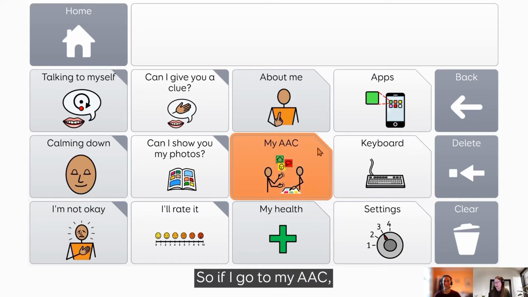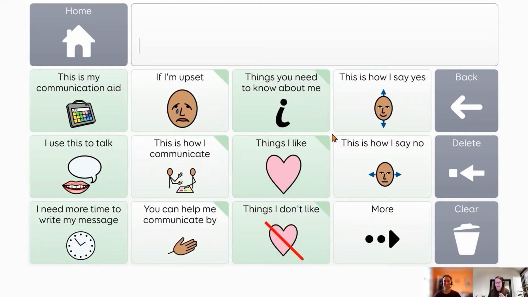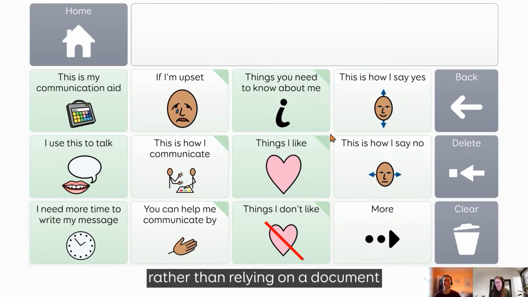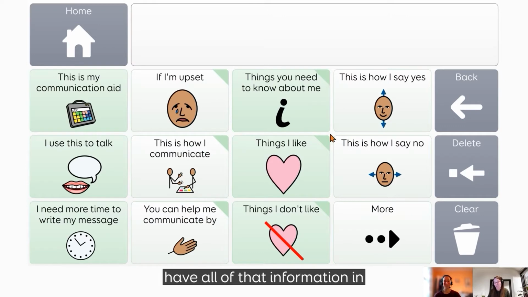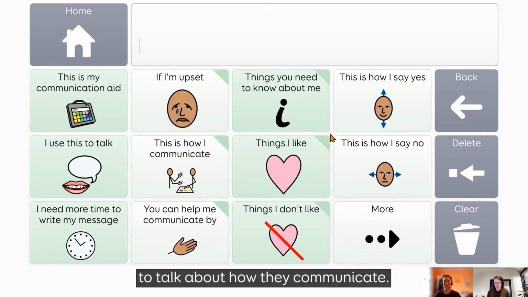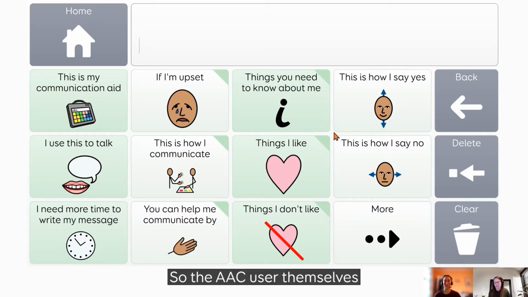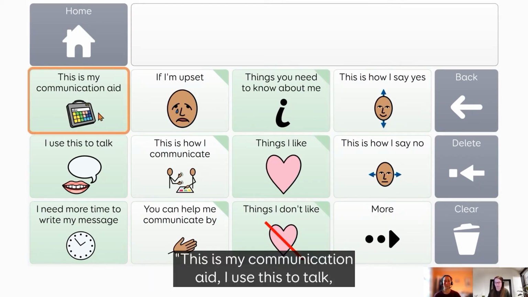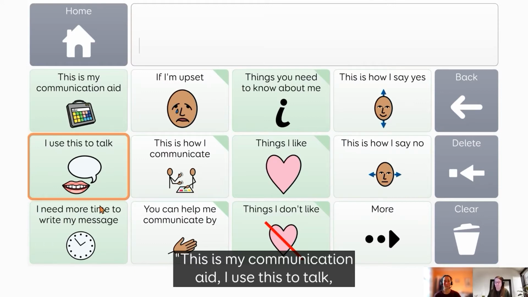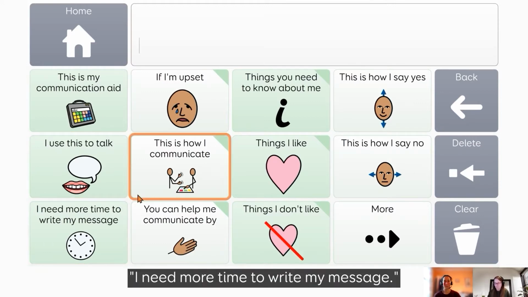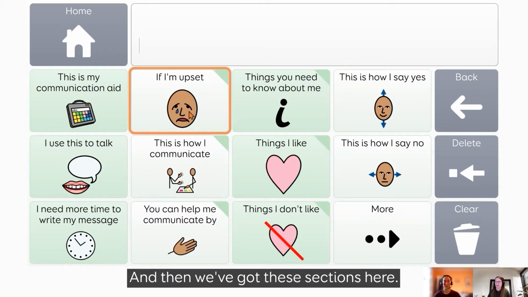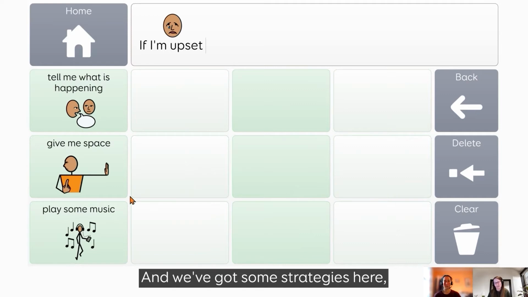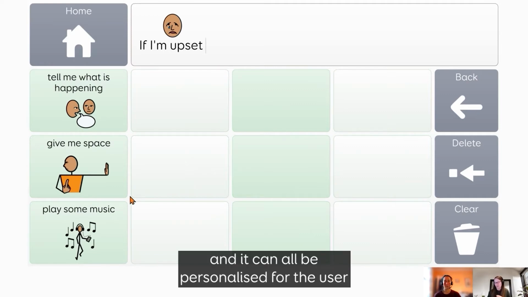So if I go to My AAC, it gives the user the opportunity to talk about their own communication rather than relying on a document to have all of that information in, or relying on someone else to talk about how they communicate. So the AAC user themselves has ownership of that information to say things like, this is my communication aid, I use this to talk, I need more time to write my message. And then we've got these sections here. So if I'm upset, and we've got some strategies here,